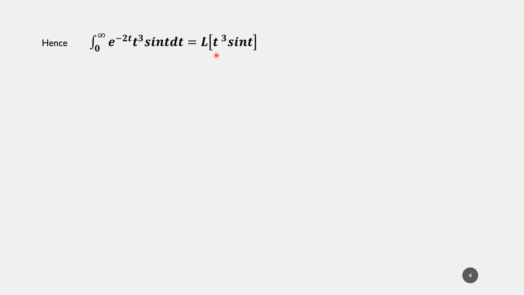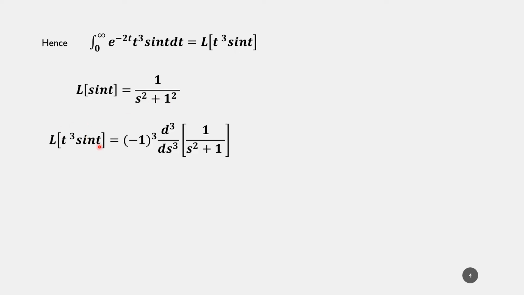So we have to calculate L of t cube sine t. Always, as I told you yesterday also, we have to start with the function which is on the extreme right. So here, sine t. So we have to calculate L of sine t. We know that L of sine at is a upon s square plus a square. So L of sine t is 1 upon s square plus 1 square. Once we get L of sine t, the next function is t cube into sine t. So now we have to consider L of t cube sine t, which means that whatever Laplace transform of sine t we have got, that answer has to be differentiated 3 times because we are having t cube here.